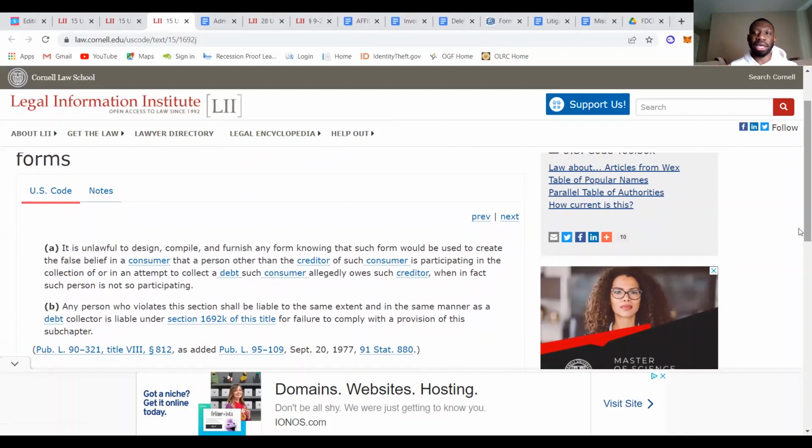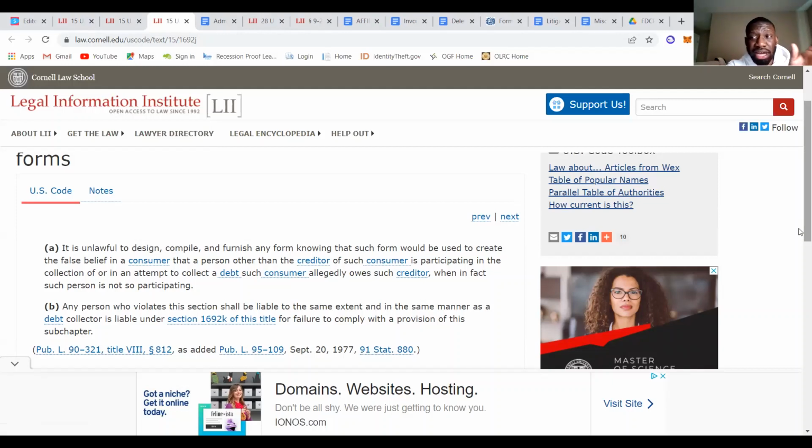So a simple example I can give y'all. This goes back to TILA, the Truth in Lending Act, which is 15 USC 1601, but 15 USC 1602 is a definition section. So when you have your car contract, if you go to your car contract right now, it's going to say original creditor and it's not going to say you. That is a deceptive form. So that's a violation of 15 USC 1692j because of the fact that you are the original creditor. You extended the credit to yourself.